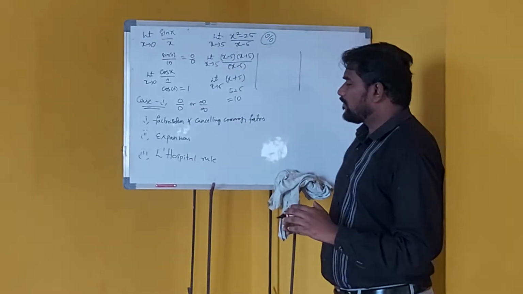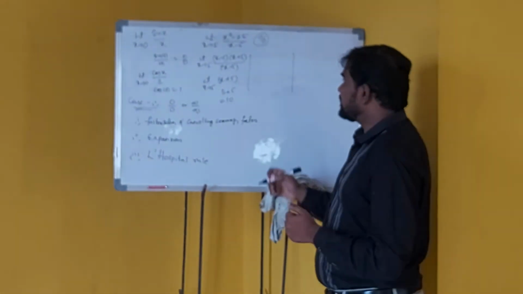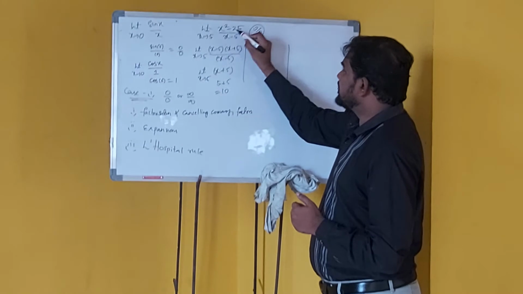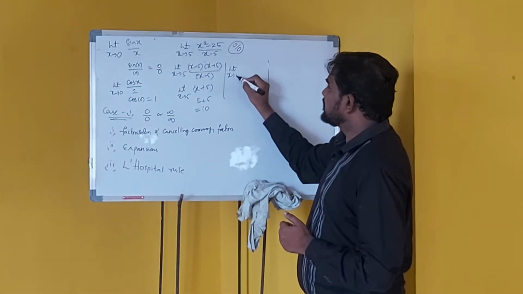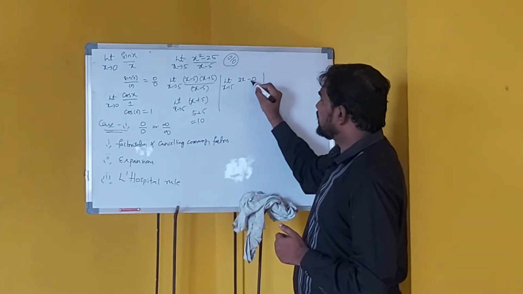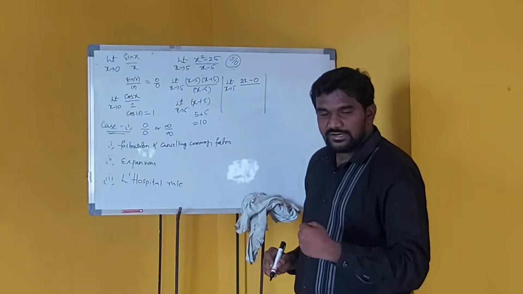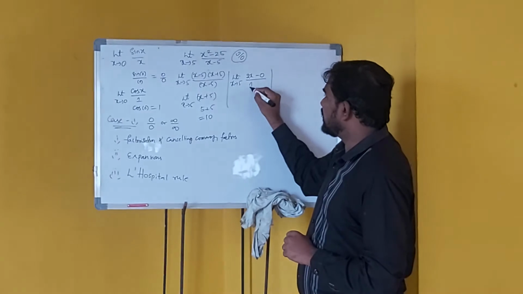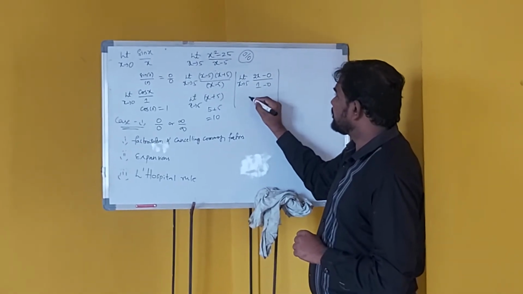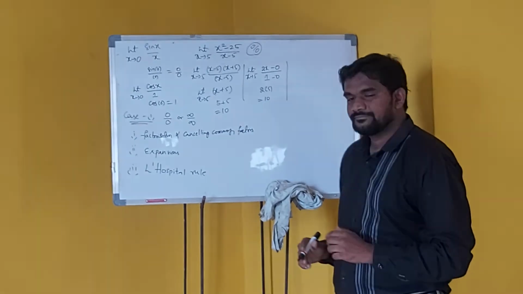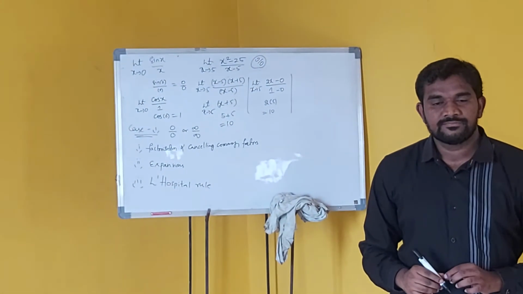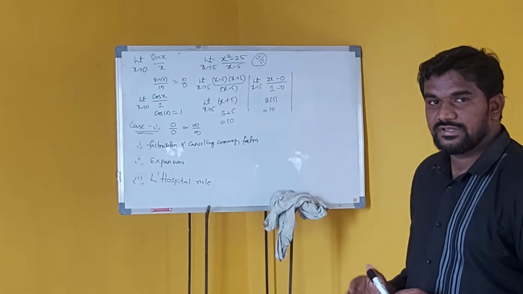Alright. So can we do it by L'Hospital's rule? Yes, we can. So differentiate the numerator, the x square differential would be 2x and the other one as 0. Coming to the denominator, differential of x is 1 minus 0. Now keep 5 value there, 2 times of 5 here, and that's it. This is how we can solve these things there.